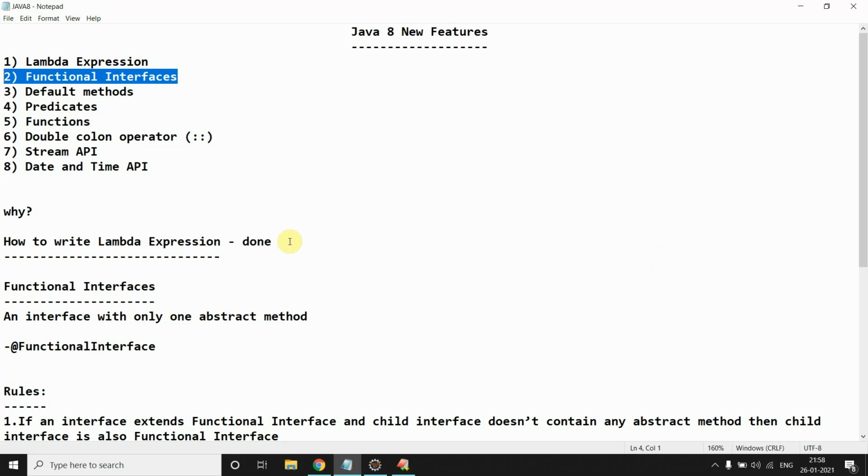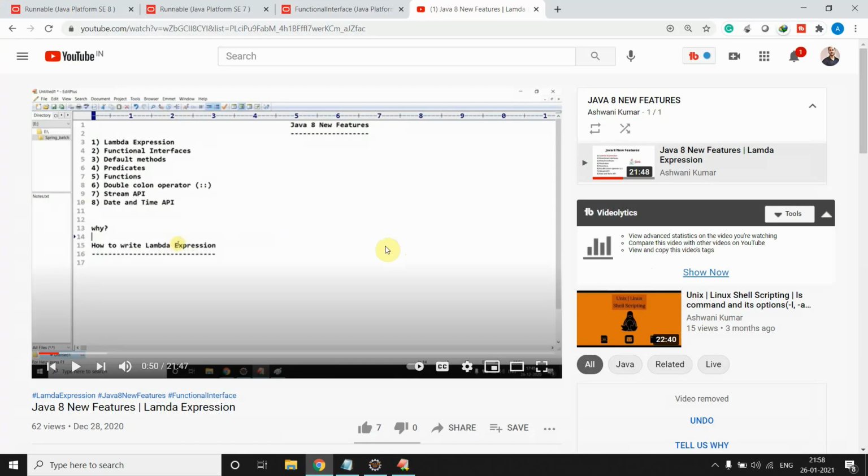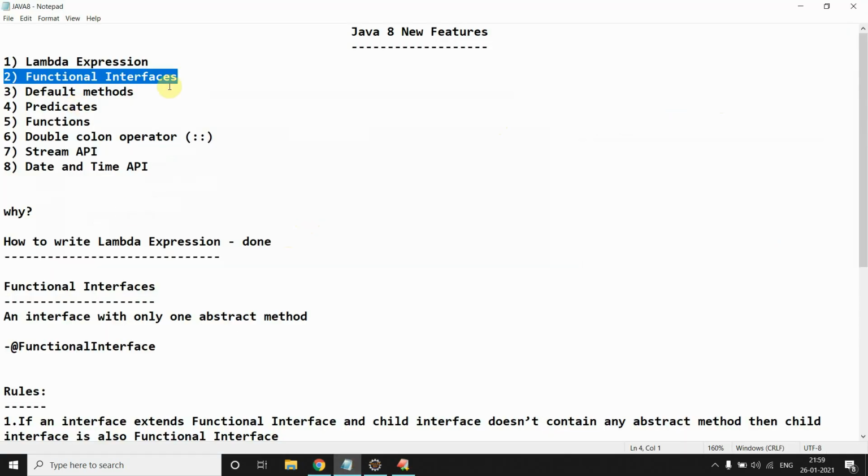In the previous video we already saw how to create a lambda expression and how we can use it. If you haven't watched that video, please go through it; you will find it under this playlist. I have created the playlist because all the upcoming videos related to Java 8 new features you can find here. Just go through that video once. It will help you understand lambda expressions, all the basics on how we can create and use them. Okay, so now let's come back to our topic, that is functional interface.